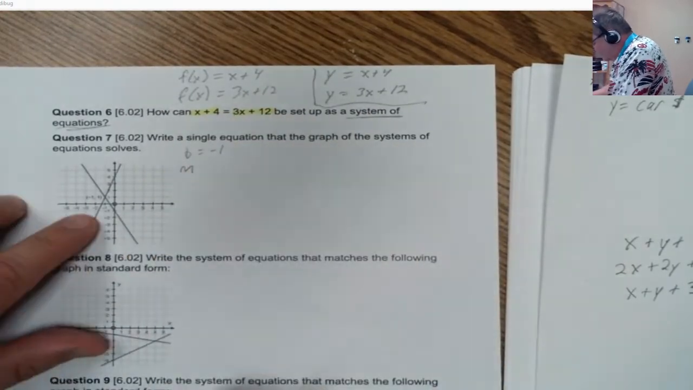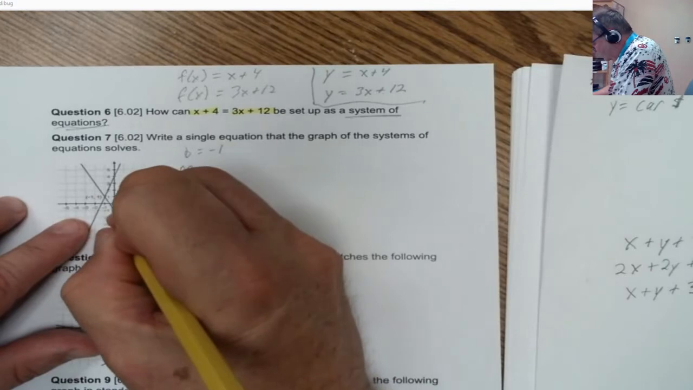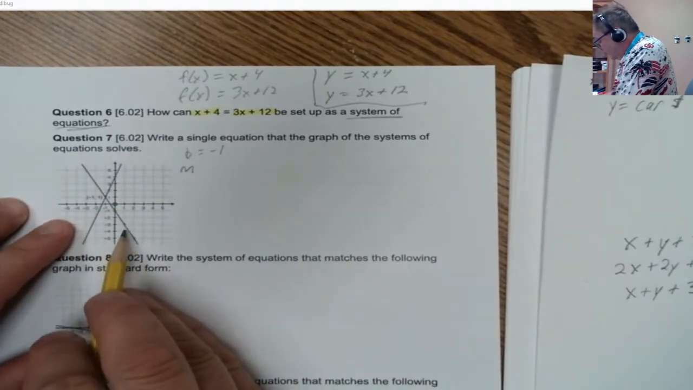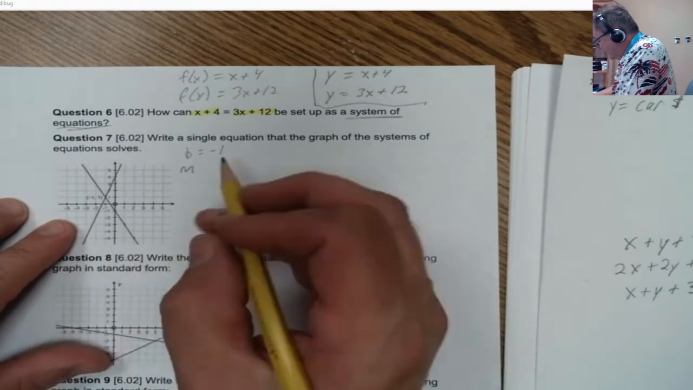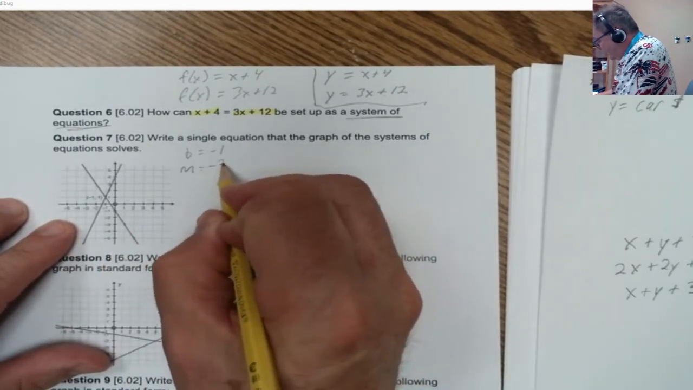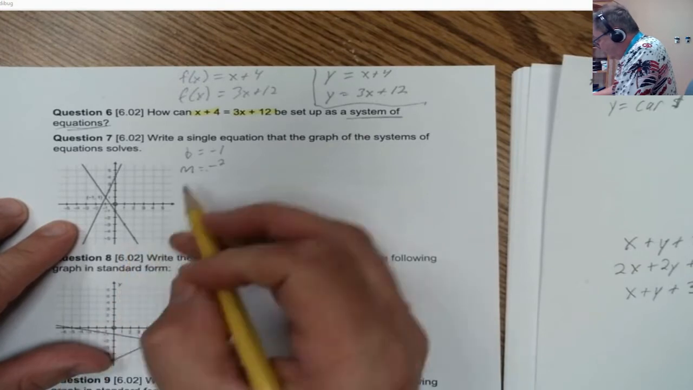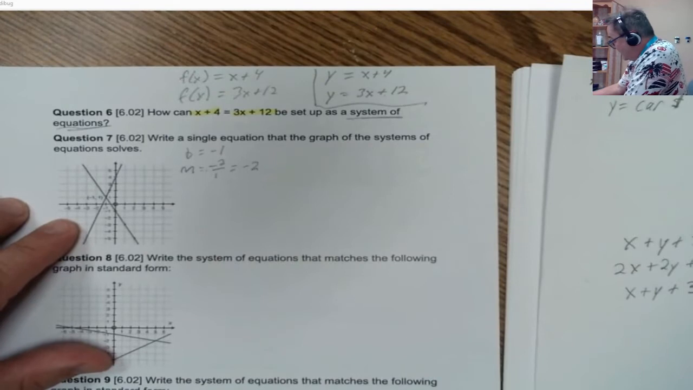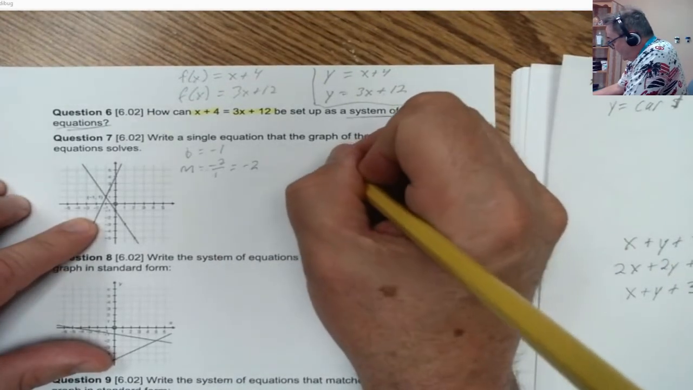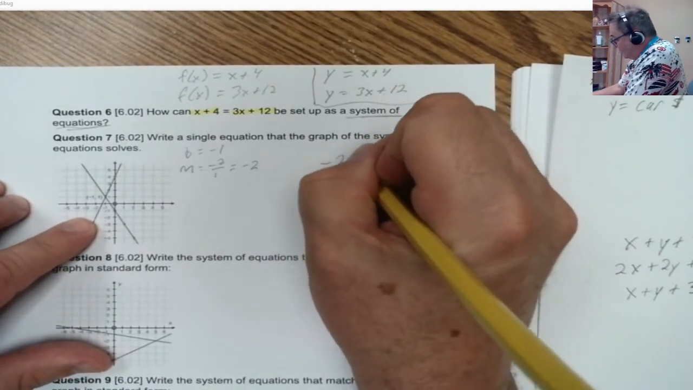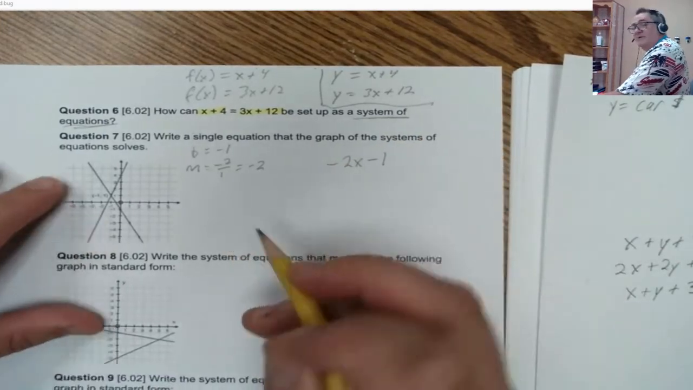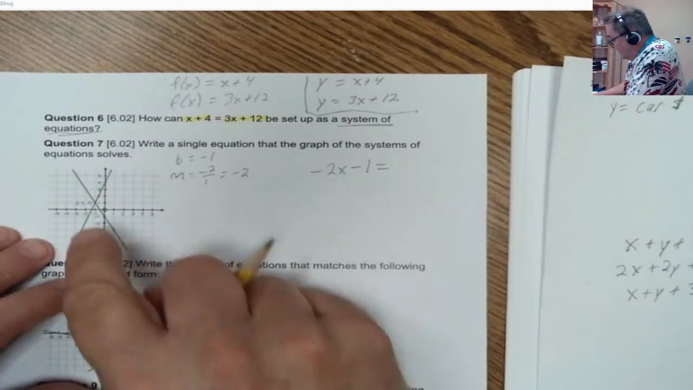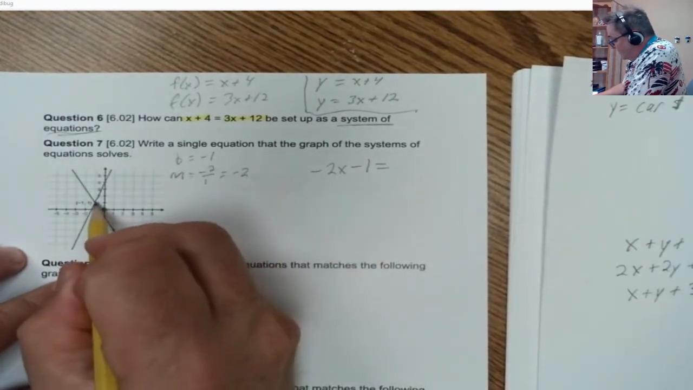Our slope, we'll see, it goes through this point, it goes through that point, it goes through that point. So our rise over run, the rise goes down 2, so negative 2, and the run is 1. So negative 2 over 1. So our slope is negative 2. So one side of our equation would be negative 2x minus 1, which is this line here, equals, because that would be equal right there,